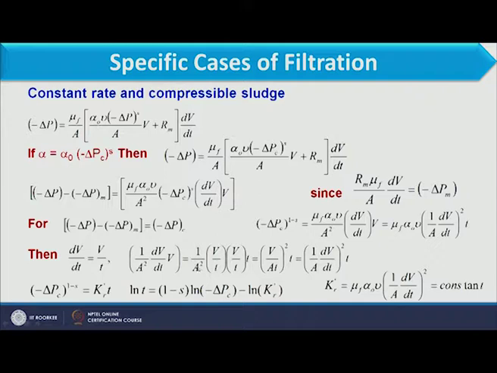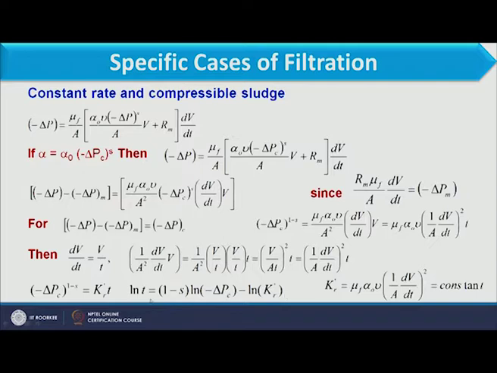It is equal to 1 by A square, dV by dt will be replaced by V by T, and here we have the V value that we multiply and divide by T. So here you see V by AT whole square into T, which we can write as 1 by A dV over dt whole square. So this dV over dt whole square T we can put over here. So all these values would be a constant, and delta Pc power 1 minus S should be equal to Kr dash into T. Taking log of this, we can calculate,